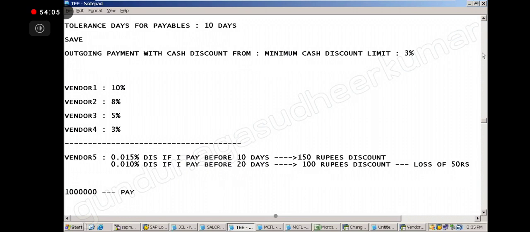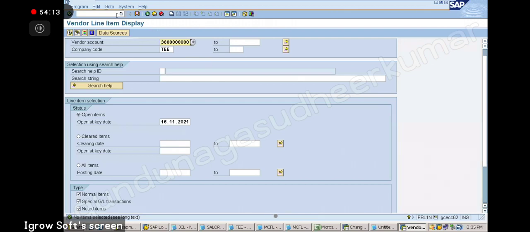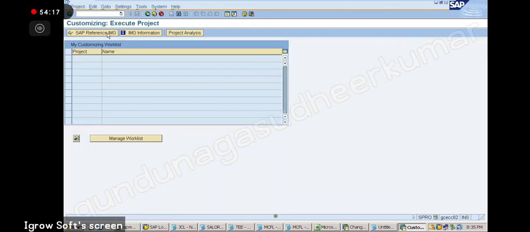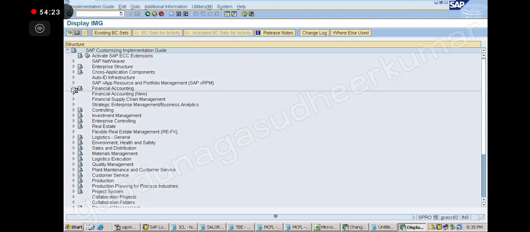Sir, by the transaction code, can we know the path of the transaction code, sir? Yes, you can know, na? Suppose, for example, FCR is there, na? Company code, financial accounting.